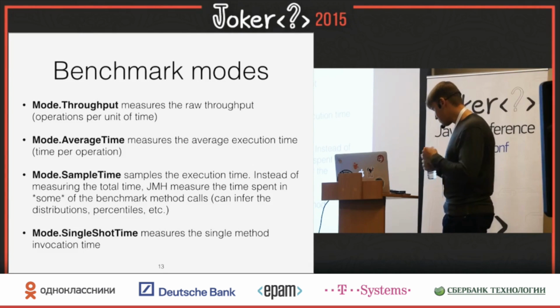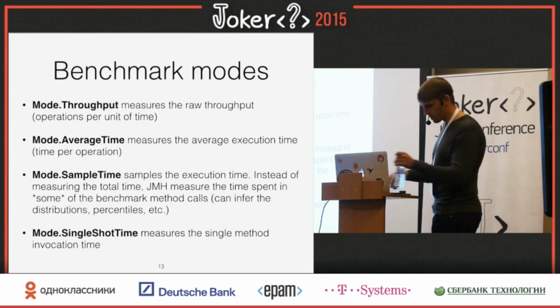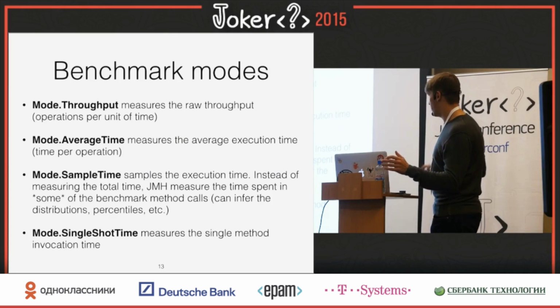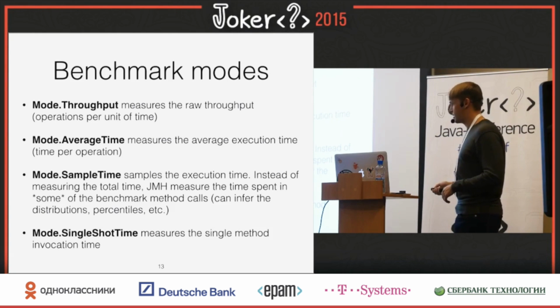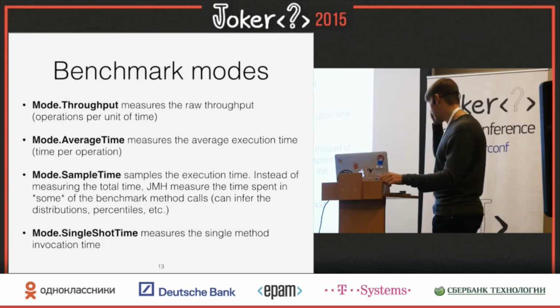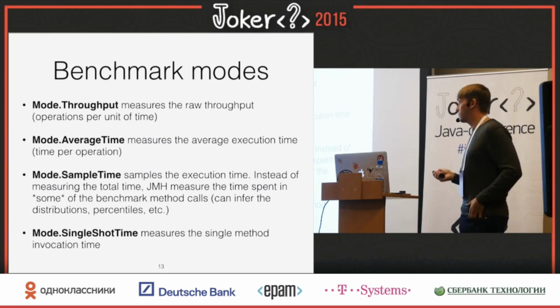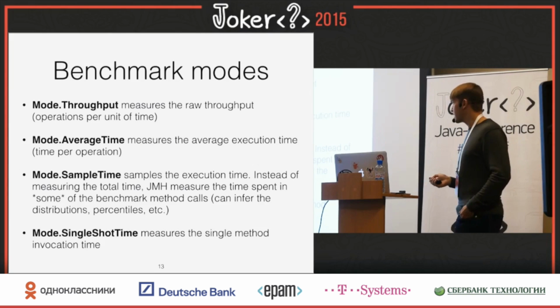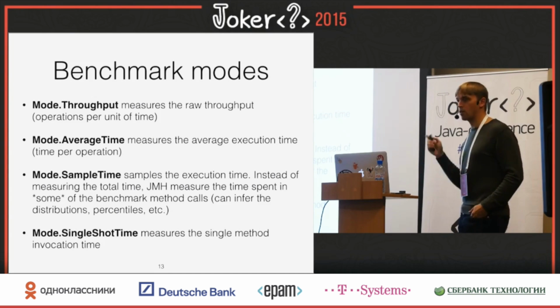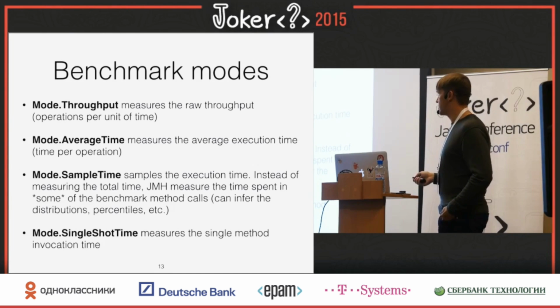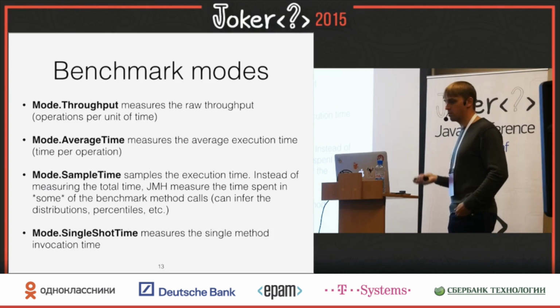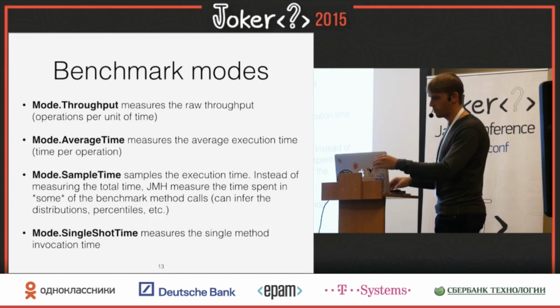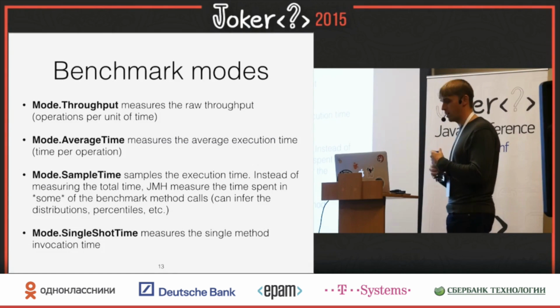Well, the thing is, it's a bit of a mix of all of that. I think we don't use only sample time at the moment. If we measure a fast operation, let's say some utils class that does something, you use either throughput or average time. You use these things which warm up your code quite significantly, they average your results, so you deal with run-to-run variance and stuff, you run them millions of times, etc.